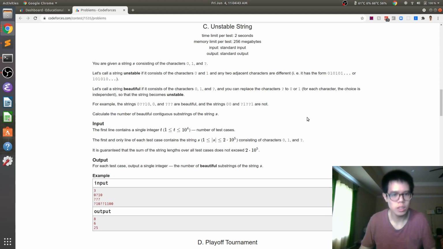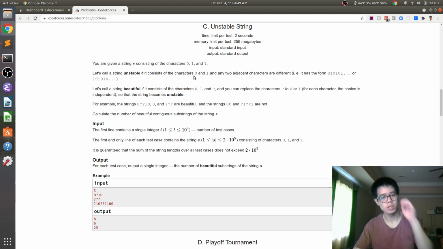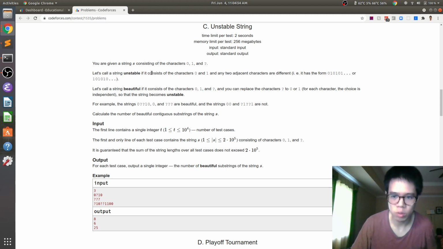Okay, so problem C, unstable string. In this problem, a string is called unstable if it consists of 0 and 1, and it's always alternating. So it's 0, 1, 0, 1, 0, 1, or it's 1, 0, 1, 0, 1, 0, right? And then a string is beautiful if it consists of 0, 1, and it can also contain question marks, and you can replace the question marks with either 0 or 1 for every character